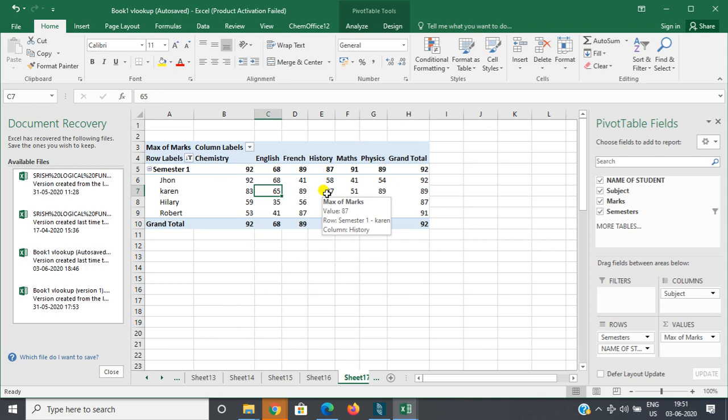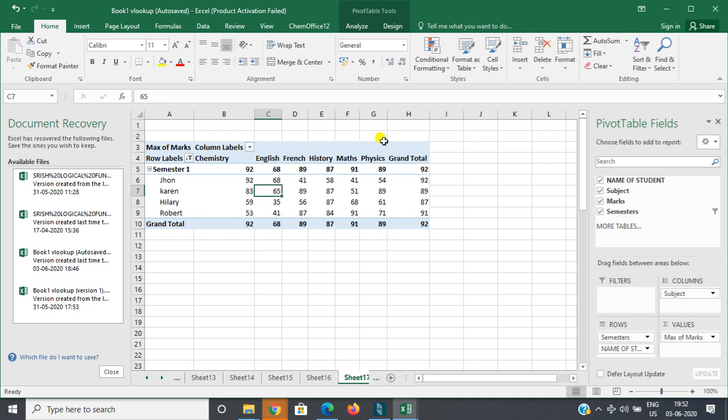So I hope you understand how pivot tables are created and why they are useful. Okay. So I have done sorting, filtering data, and maximum marks. The last thing we talk about is inserting a pivot chart. A pivot chart represents the same data you saw in the pivot table in the form of a chart.